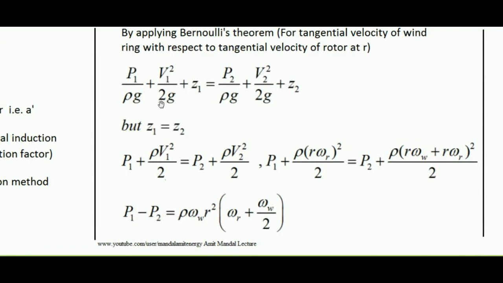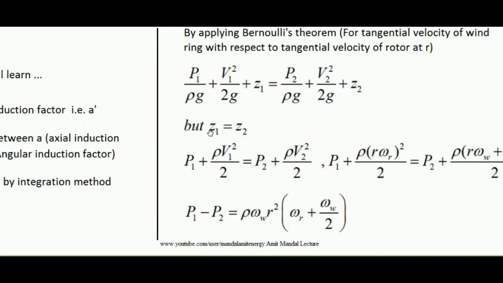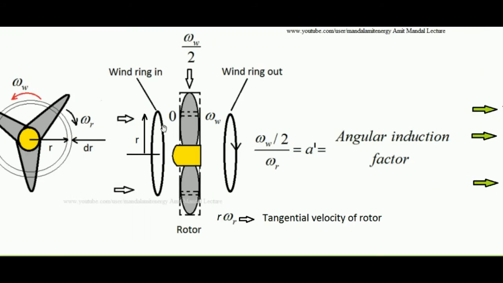But Z1 equals Z2 because it is a horizontal axis, so the datum height remains the same from beginning to end. So ultimately our equation becomes this. Now V1 is the initial tangential velocity of the wind ring. So what will it be? We will take the relative tangential velocity of this wind ring